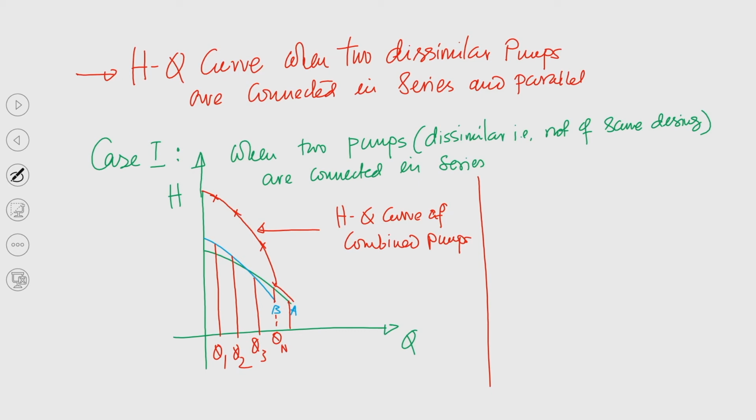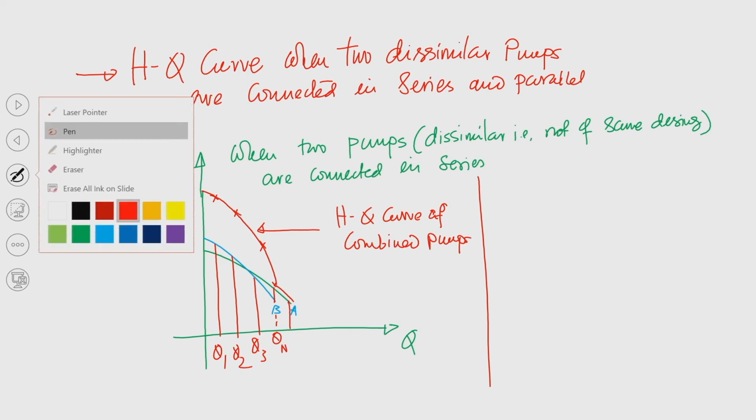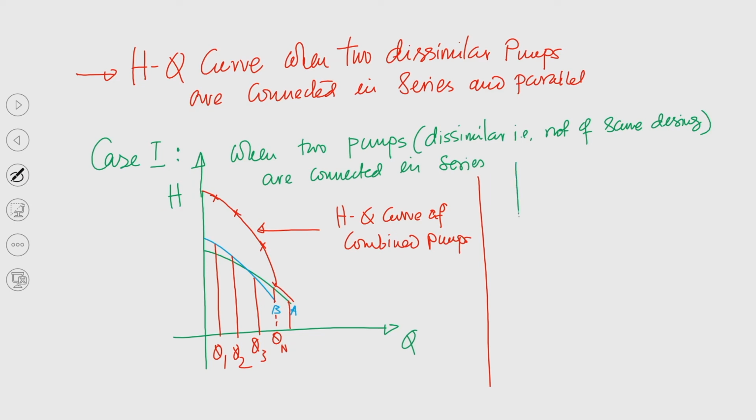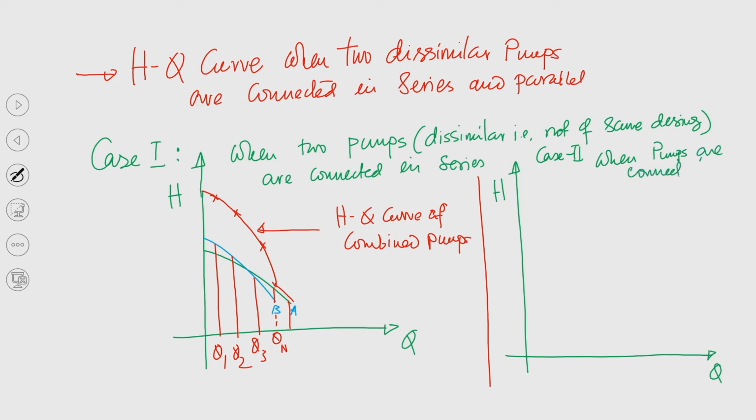Okay. Now, when the two pumps are connected in parallel, again let me draw. So, if we try to draw the H-Q characteristic, this is Q, and this is H. So, this is case 2, when pumps are connected in parallel. So, if we consider these two pumps again, maybe this is the